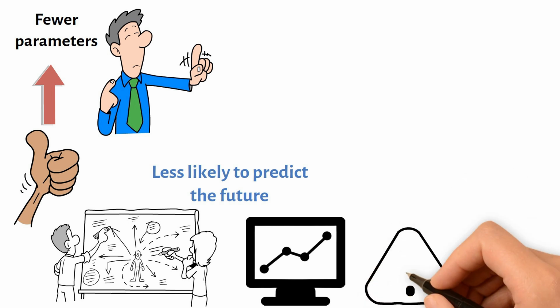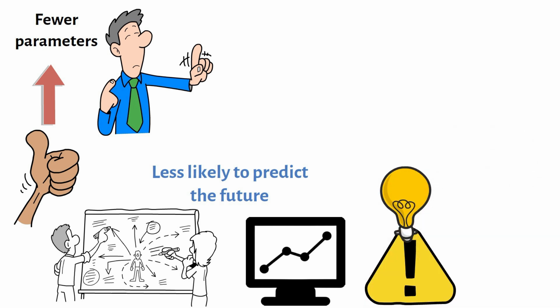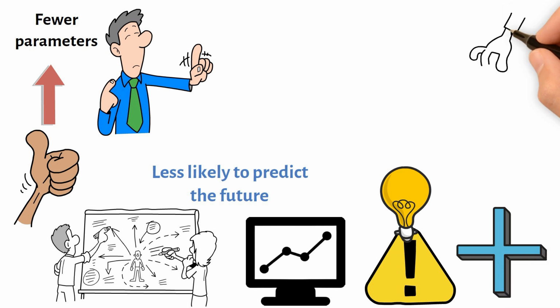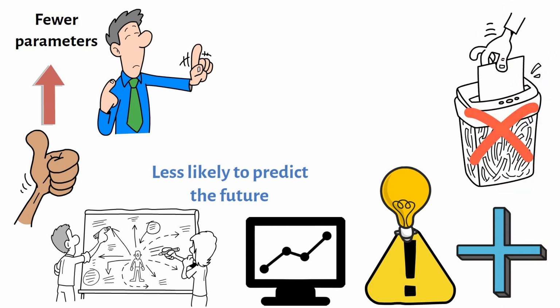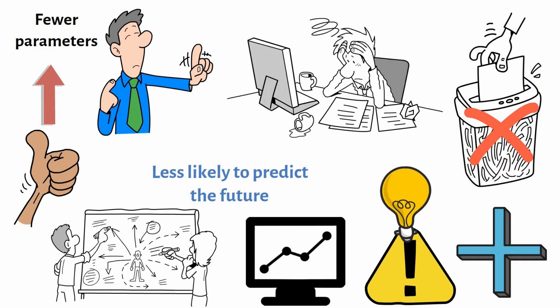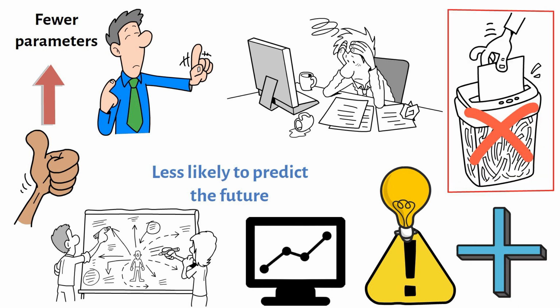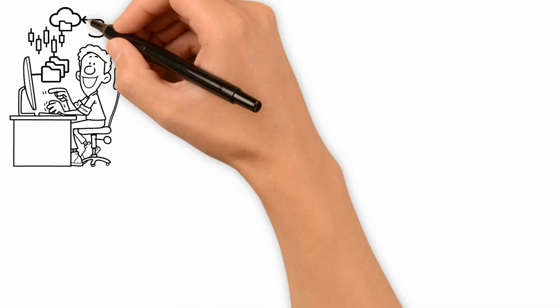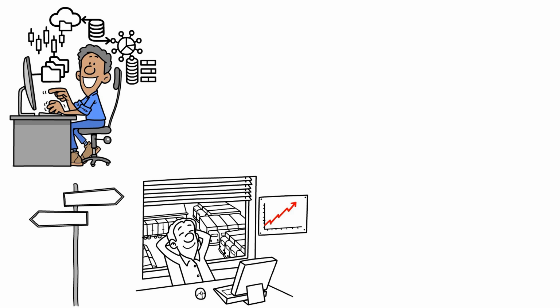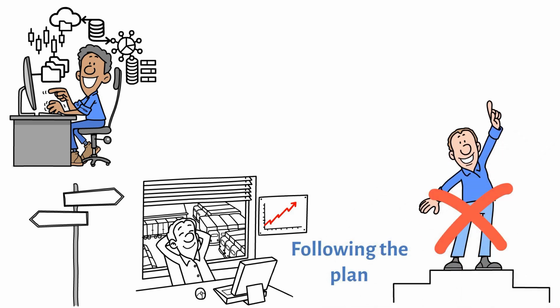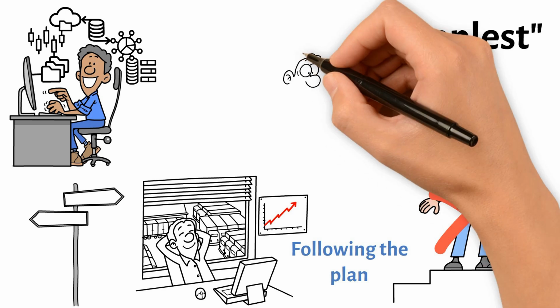When faced with a problem, people tend to select solutions that involve adding new elements rather than taking existing components away. This way, we add more complexity to a solution when we should reduce it. Beginners believe they need to find something that's advanced to succeed, but it's often the opposite. Profitable trading is more about finding simple strategies and following the plan. It doesn't need to be the best or optimal plan, but the simplest plan that you're able to follow and